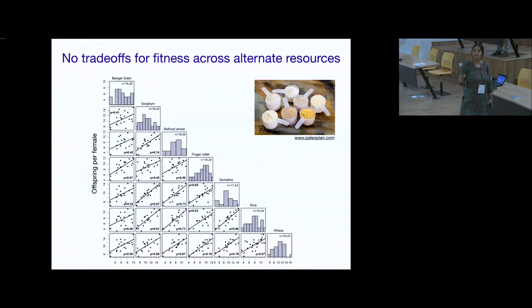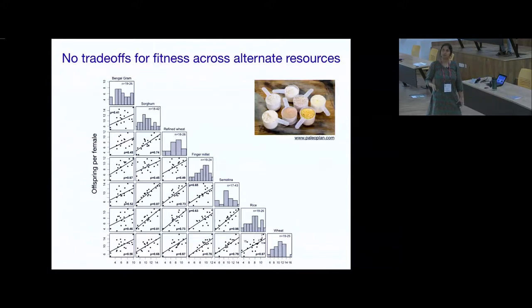And again, you find very, very strong positive correlations here in every case. So there doesn't seem to be any selection for specific populations to specialize on different resources, right? Which is again a bit surprising because you'd expect, for example, in different parts of the country, different warehouses, some resources will be very abundant and they should specialize on these, but they don't seem to have done that. So you either have super specialists who are good at everything, or you have terrible specialists who are good at nothing, or relatively good at nothing.